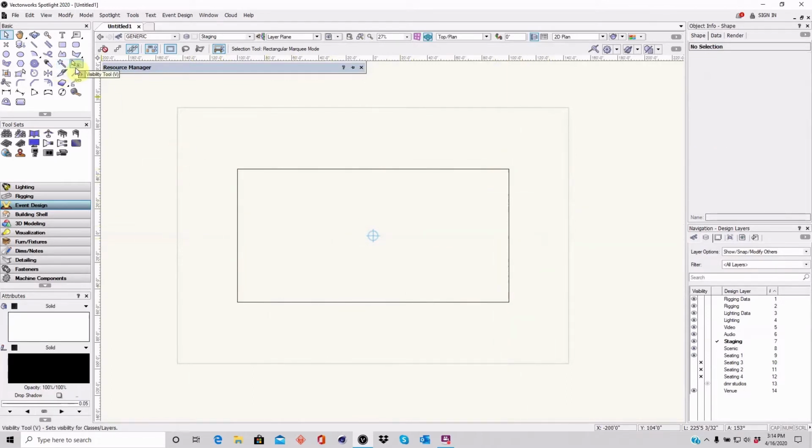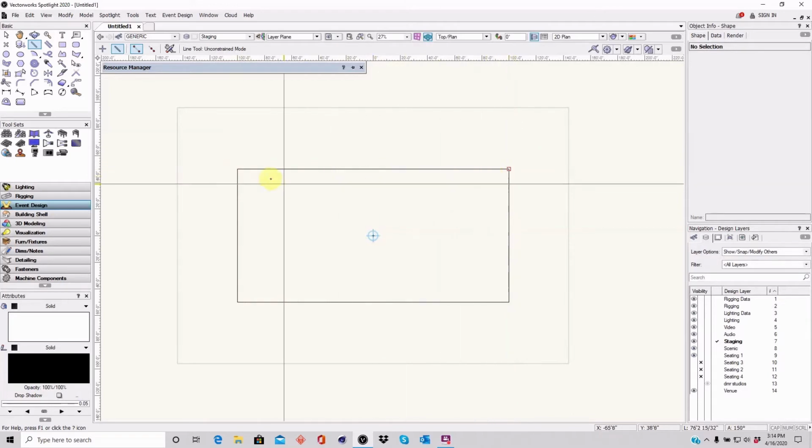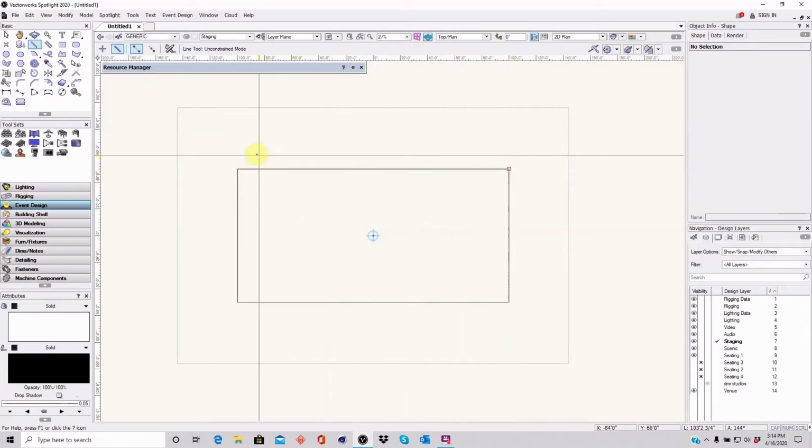So what I'm going to do now is create a center line for this box. I'm going to do that by going up to my basic, and you see the line tool right here. So I'm going to click on my line tool, and I'm going to bring it down to my box. You see how it clicks on and it snaps to different parts of it? So it'll snap to the top left, snap to the center, snap to the top right. The reason it's doing this is because of my